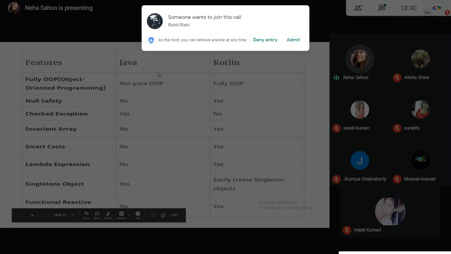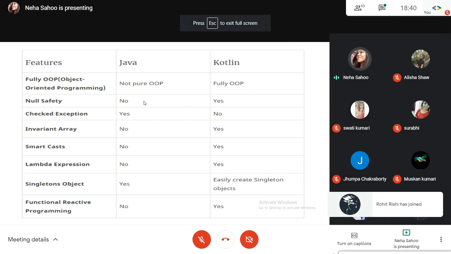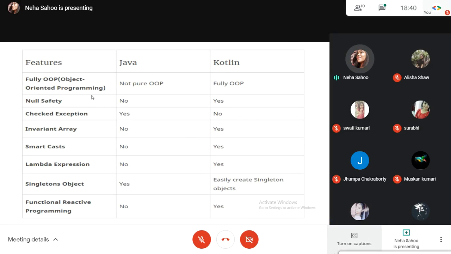Java is not pure object oriented programming, while Kotlin is. It has null safety. Java does not provide any null safety operator. Null safety is when, for example, something is returning a null value to you, how would you handle that? Java does not have any resources for those. Java has checked exception, but Kotlin does not have.